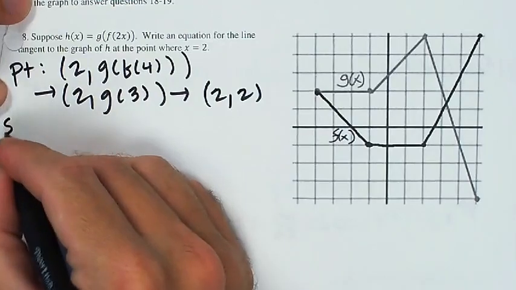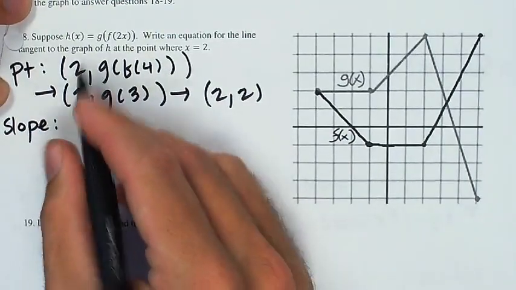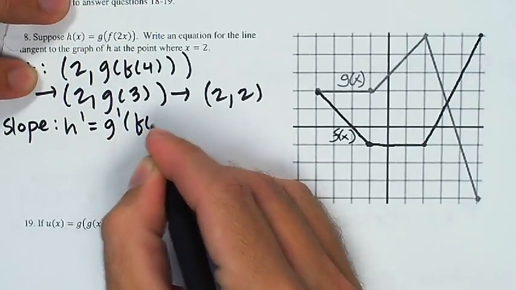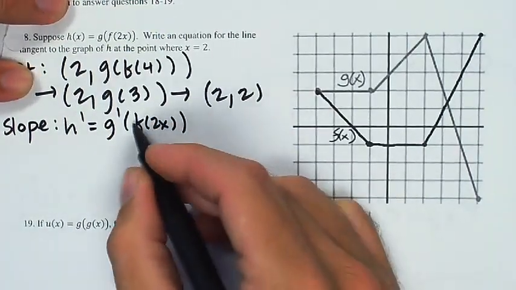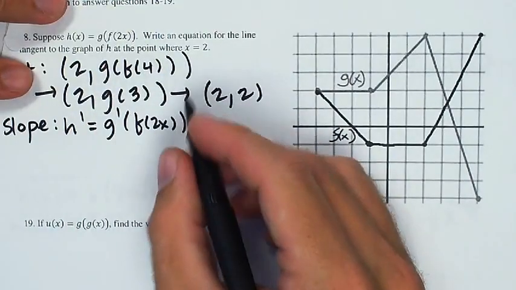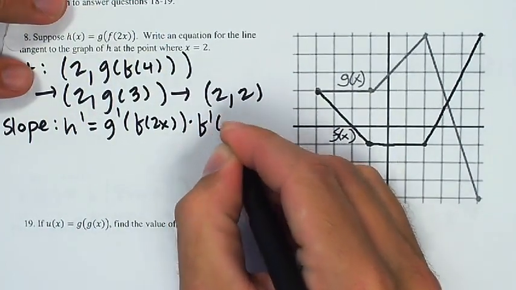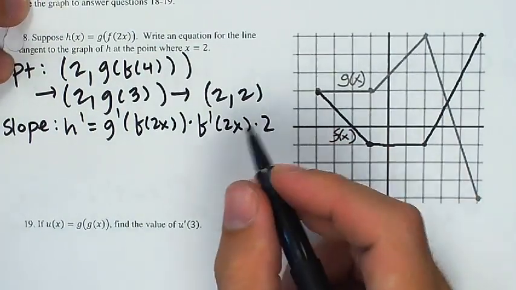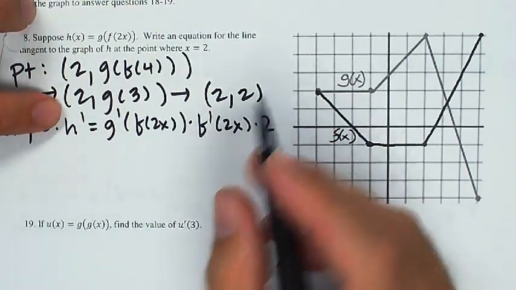Okay, now my slope, h prime is equal to, take the derivative of the outside, leave the inside the same. Take the derivative of the inside. Well, the derivative has an outside and an inside, so that's f prime of leave 2x the same, and then multiplied by 2 for the chain rule again. Okay, so